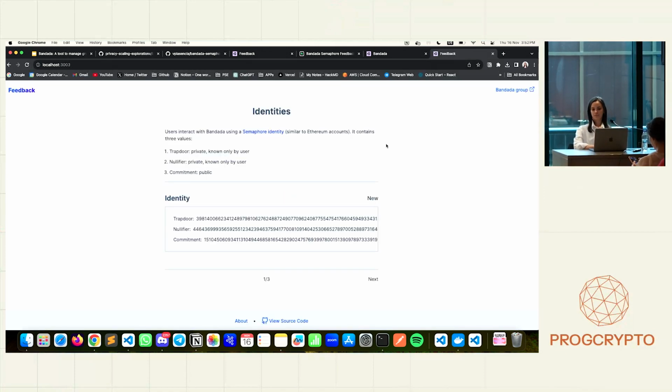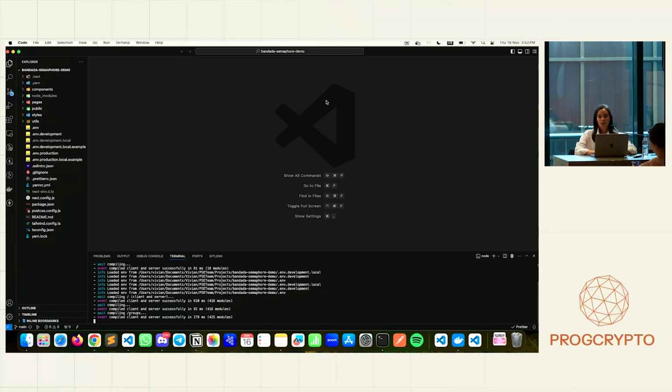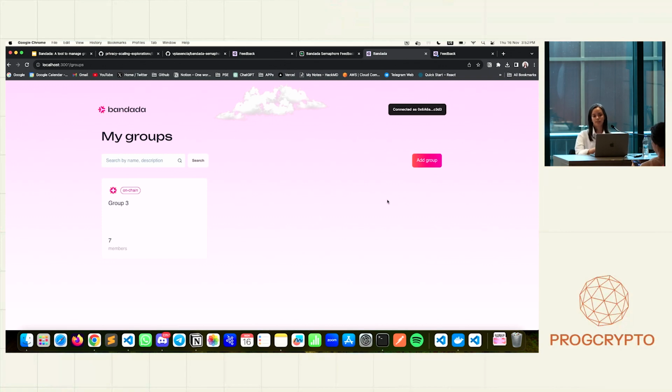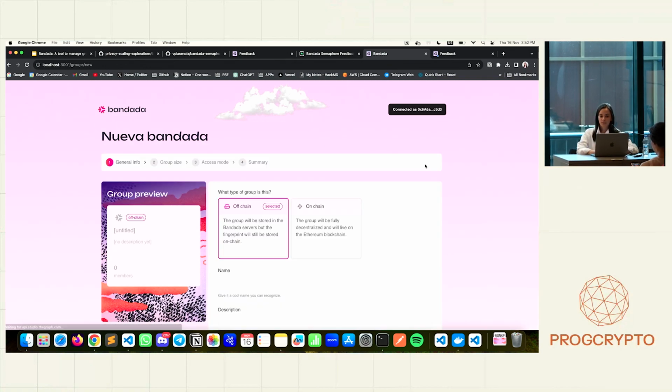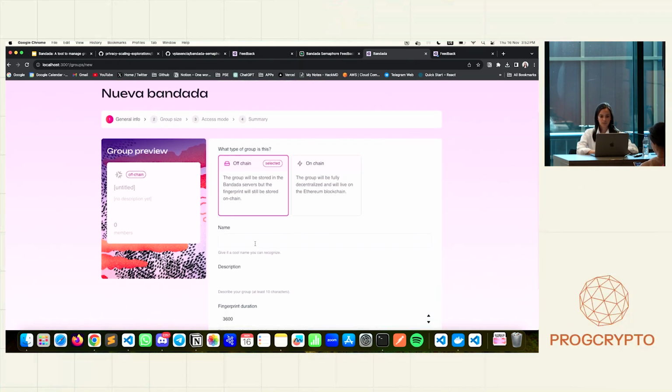Okay, so you have the same. Because we have to create a new group, I will show you the process of creating a new group. So you click create group, then you put in a name,